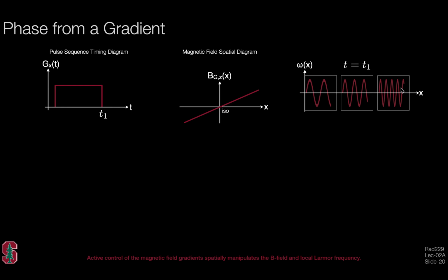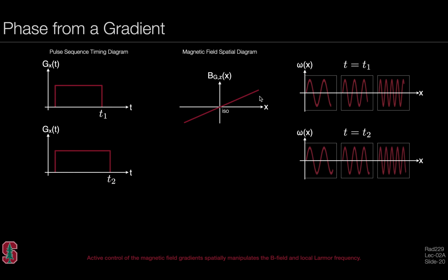And if we turn this gradient off at some point in time, and perhaps we do that at an earlier point in time, then the spins will inherit some phase, and that phase will simply depend on how long the magnetic field gradient was turned on for. At the end of the application of the gradient, the spins are pointing in a particular direction, and we refer to that as the phase. Now, if we extended the duration of the gradient, so we played that same gradient for a longer period of time, it would still spatially look the same, but because we played it for longer,